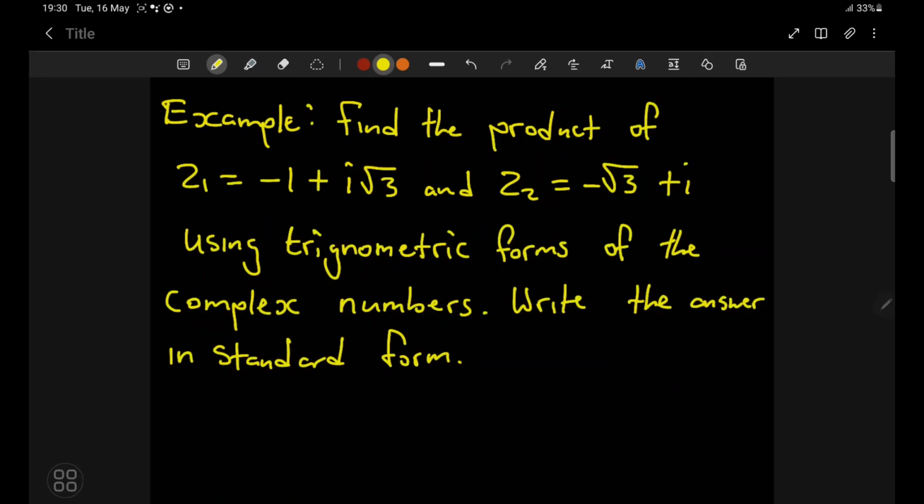So we have this example: find the product of z1 and z2 using trigonometric forms of the complex numbers. Then we need to write the final answer in standard form. So we need to convert z1 and z2 into polar form. Then from there we can find the product. So z1